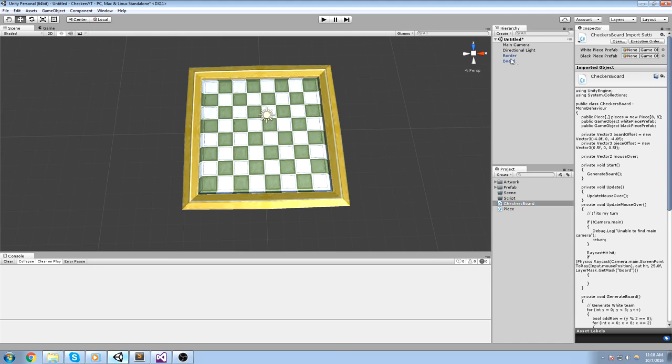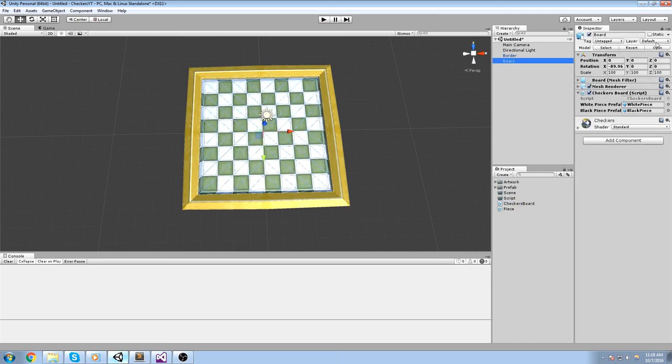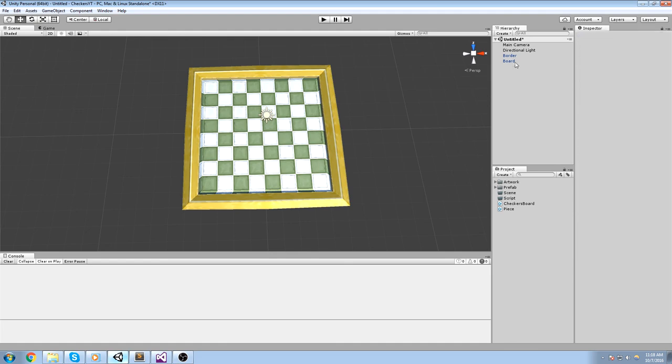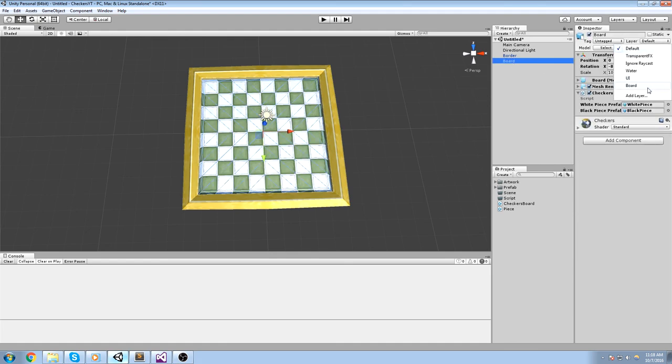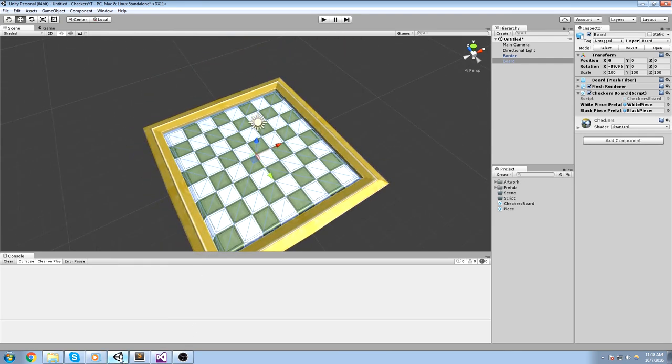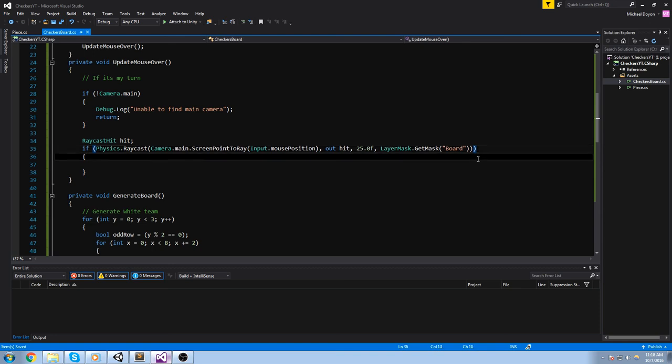Let's go on our board. This guy here. Layer, add a layer, Board. Save this, go back, and make sure it is actually enabled. So now, this board here is actually on the Board layer. Good times. We can now go back here, and if we do manage to hit something, if our cursor was on top of the board,